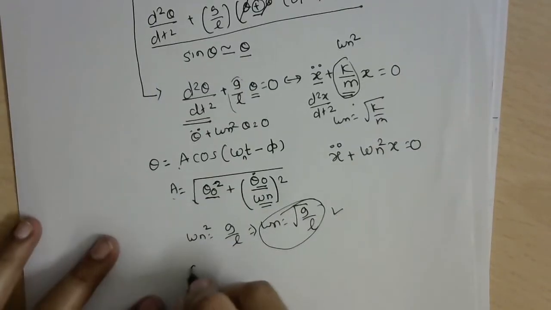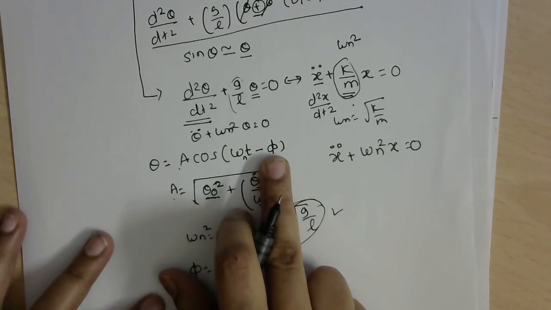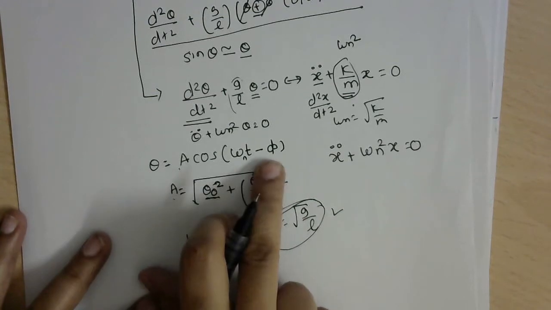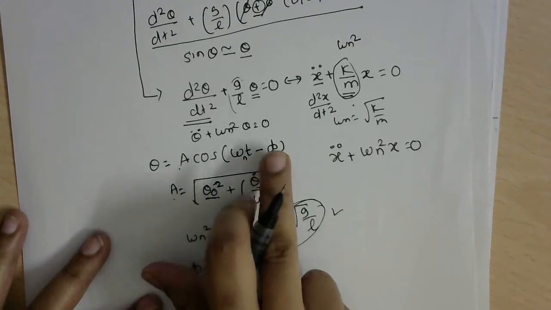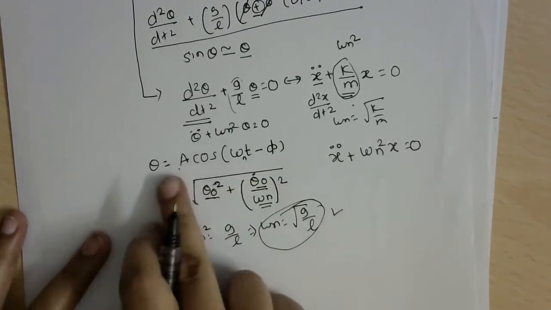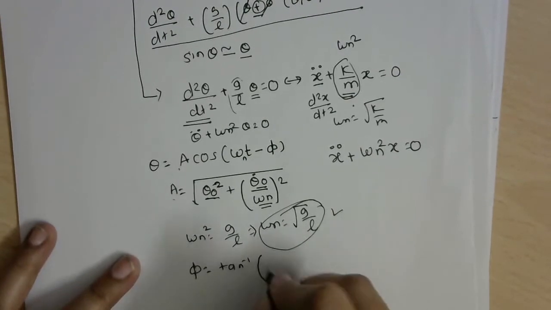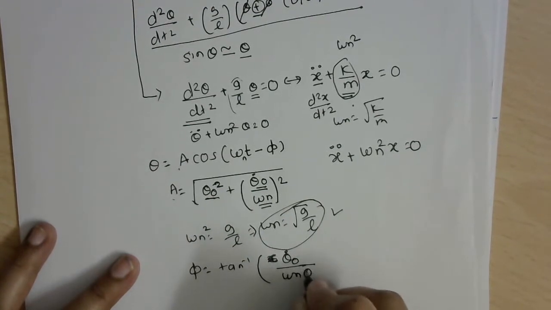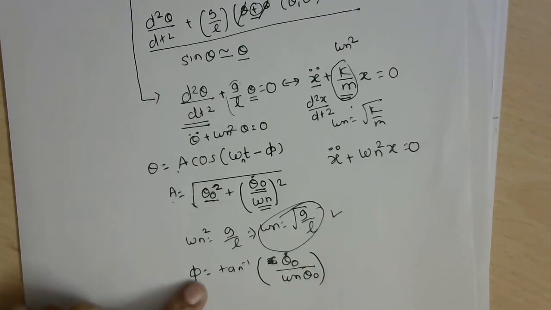Further, you also know how the phase angle phi is obtained. Rather than calling it theta, I am calling it phi over here, so that you will not confuse this phi with this theta. This theta is the angle of oscillation of the mass, and this is the phase angle. So it is very important for you to differentiate between the two. Phi will be equal to tan inverse of theta dot 0 divided by omega n, divided by theta 0. So tan inverse of that is what phi is.